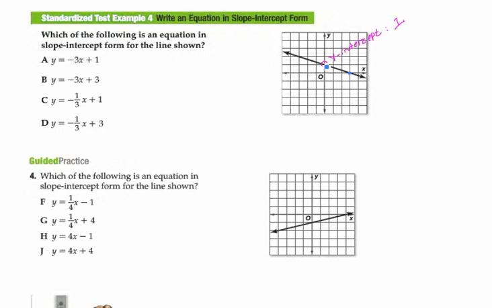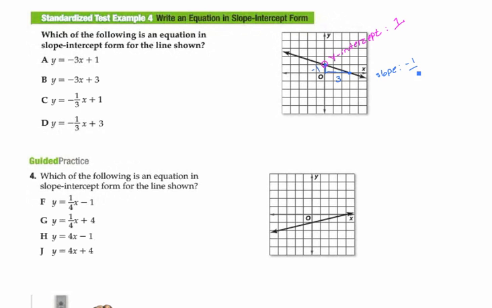So this point right here and this point, we can go ahead and compare. Again, I'm going to look at my skateboard real quick. It's going downhill, so I know that this is a negative value. So I start from my left point, and I'm going to figure out how I got from there to this point. Well, it looks like I dropped 1 and I ran 3. So again, dropping is a negative, and then I ran, which is positive. So my slope